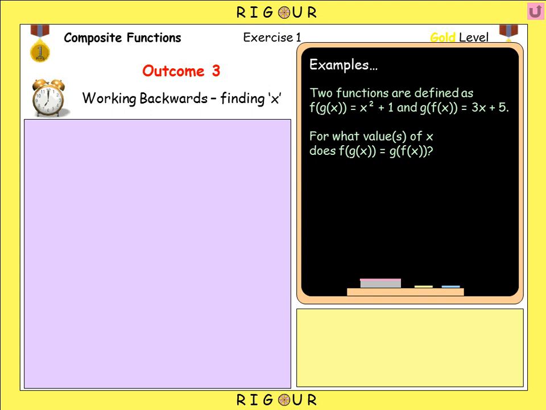We have to consider the two functions and actually find out the values of x for which these two functions are equal. So it's a simple emergency exam strategy here. It tells us to set the two functions equal, and that's what we're going to do first. So we have x squared plus 1 equals 3x plus 5. And we usually set functions equal or set expressions equal so that we can then set equal to 0. So we take away the 3x